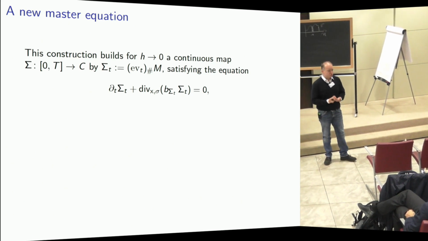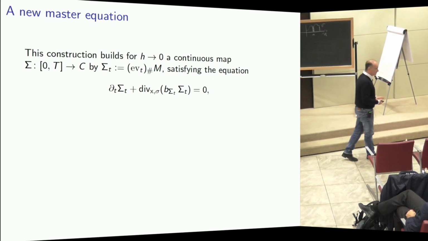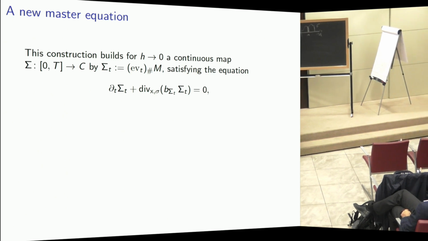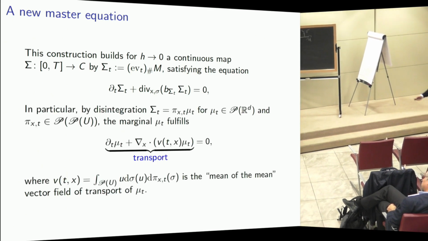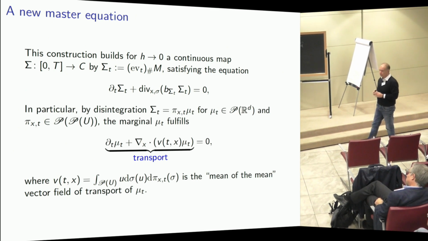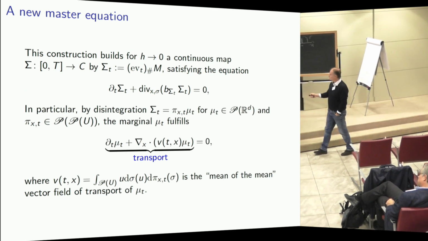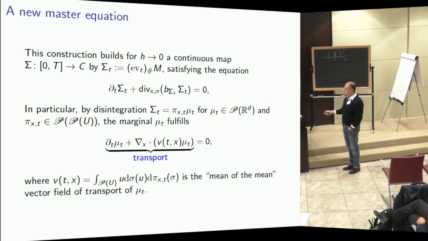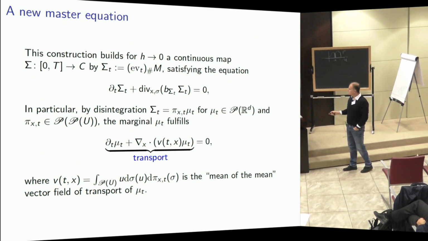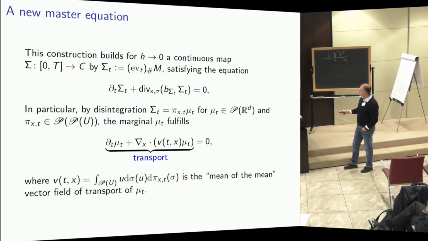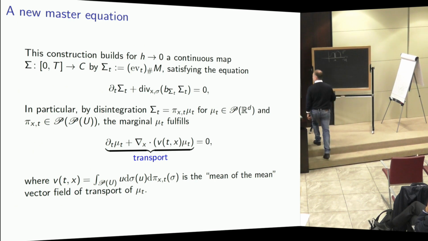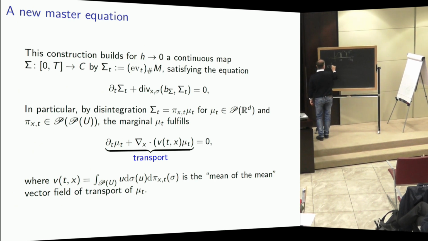equation. And now if we restrict this equation to the first marginal, which is the distribution of how the agents are moving, you end up with this very nice purely transport equation with a certain vector field, and this vector field is what I call the mean of the mean. It means that, well, actually here there is a mistake. It's a typo. So